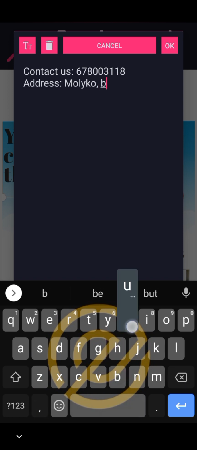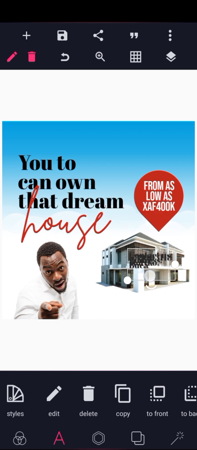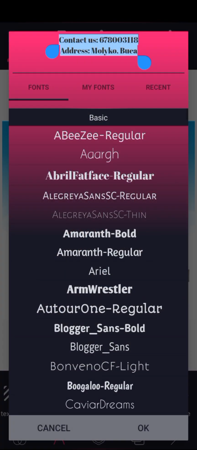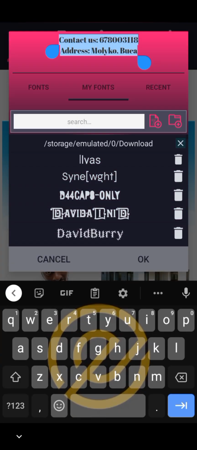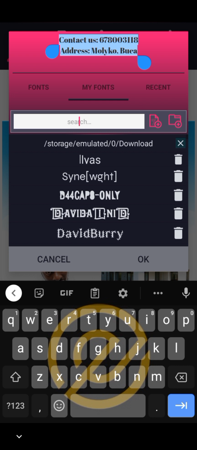Moriko Boya. Alright, so we reduce the size and bring it to this extreme end. Now just by using some other text you use, it helps you save time. If you're designing, it helps you to save some little amount of time where you can be able to do a lot of things. Now the font I used here was